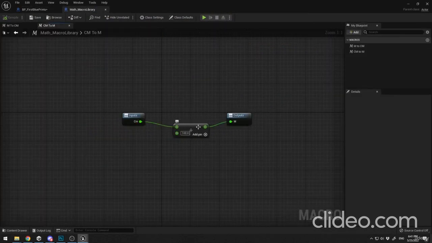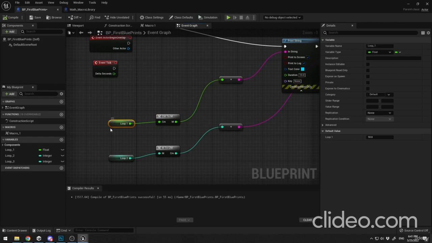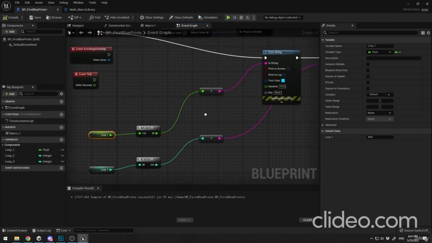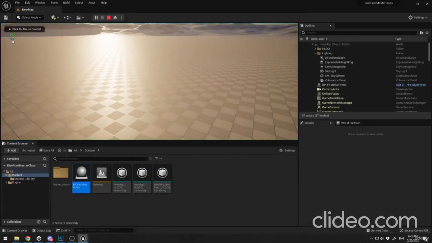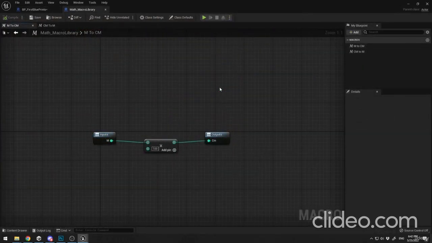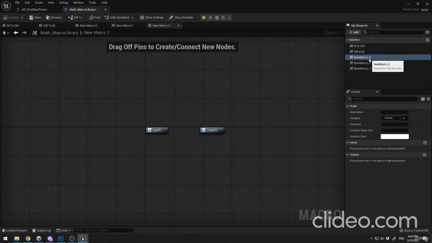So you need to redo this connection if you're changing variables. And in my blueprint, I need to drag and drop this one too in order to work. And now when I play my game, I see 0.1 meters and this is a centimeter. So that is pretty much how you create macros library. Here you can add a lot of different functions. For example, you can convert